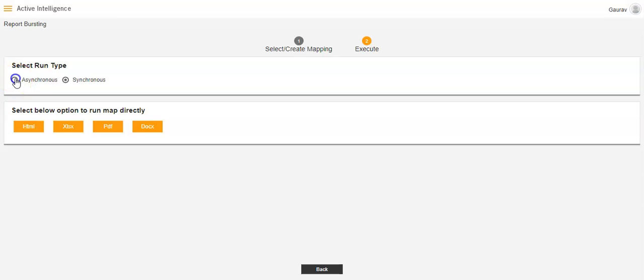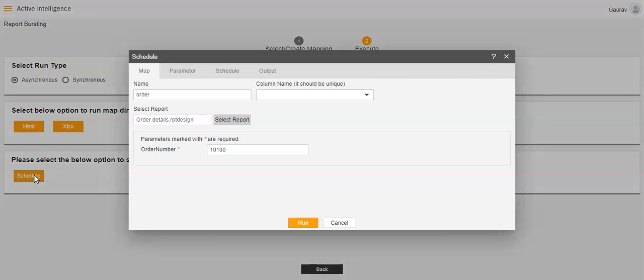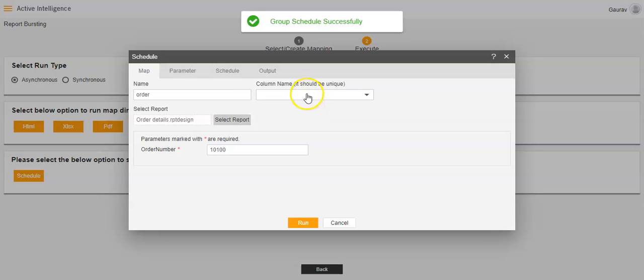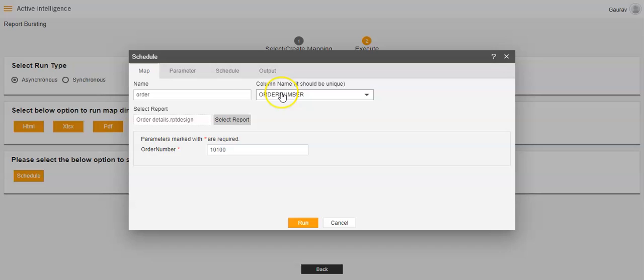Now let's click asynchronous over here, and now let me select one of the formats. So I'll click on PDF, and then I will click on schedule. Once I have clicked on schedule, I will click on this column name, and I will select order number as the column name.